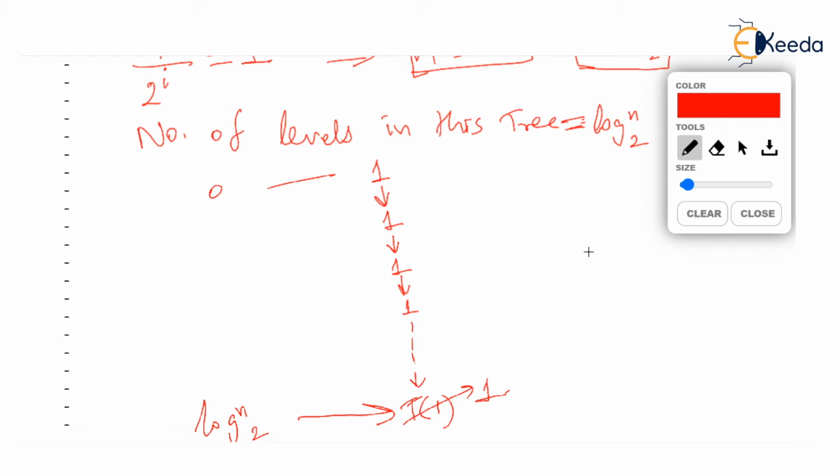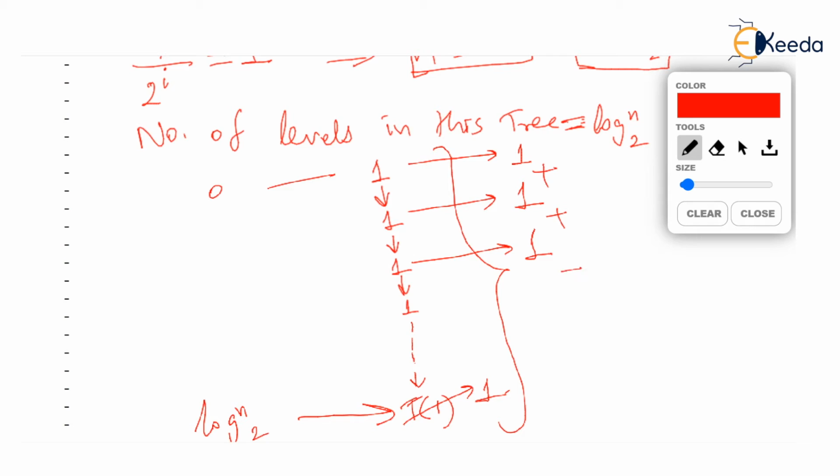So what is the total cost now? We have been evaluating the cost. Cost at the root is 1, cost of the child of the root is 1, grandchild of the root is 1. We are adding all the costs now, because after all we want to know how many operations have been done, and these are nothing but the number of operations done at each level. So if you add all these costs, how many ones are you going to get? Yes, exactly. We are going to get log of n to the base 2 ones.